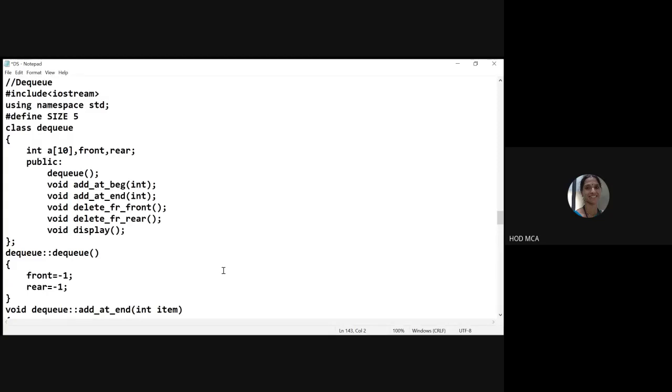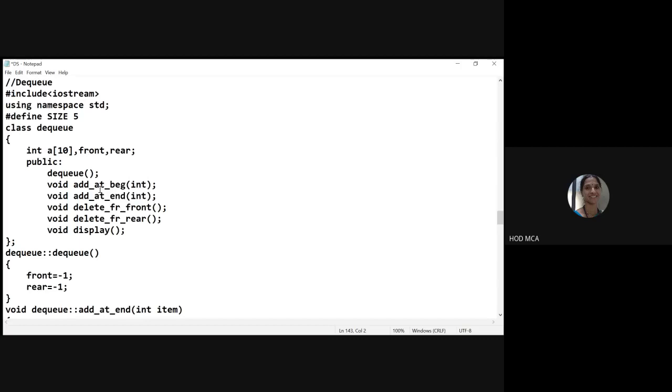The other one is called an output restricted double-ended queue. Input restricted means you can insert only at the rear end, but you can delete at both the ends. That is called input restricted DQ. Output restricted DQ means what? Deletion can be done only at the front end, but insertion can be done both at front as well as the rear end. Output is restricted, input is restricted. So there are two different types of double-ended queue.